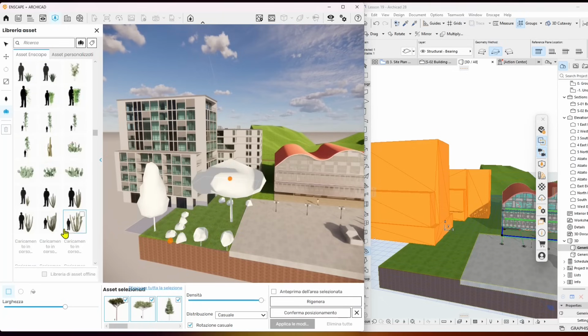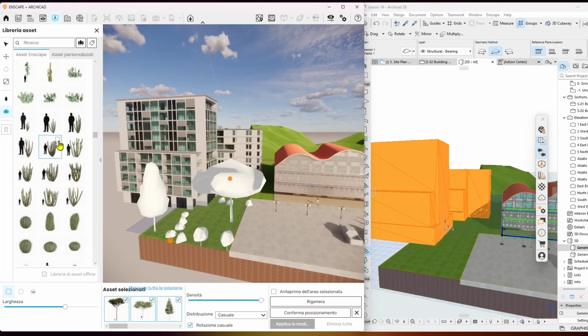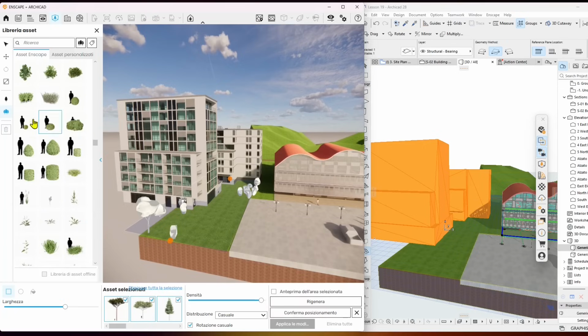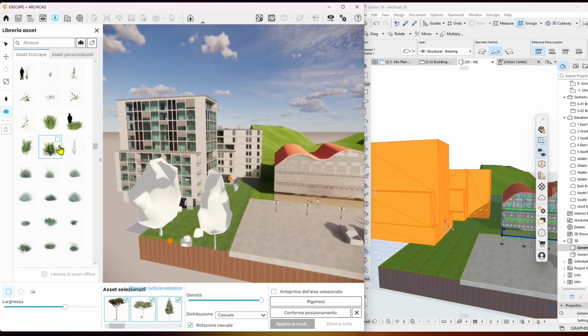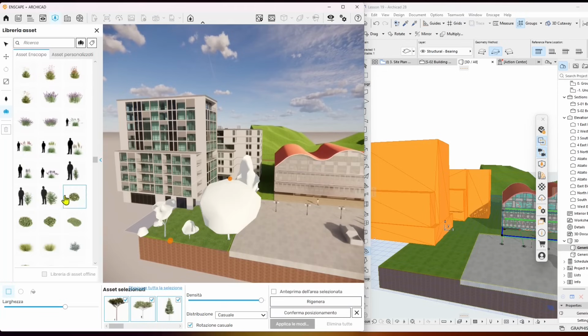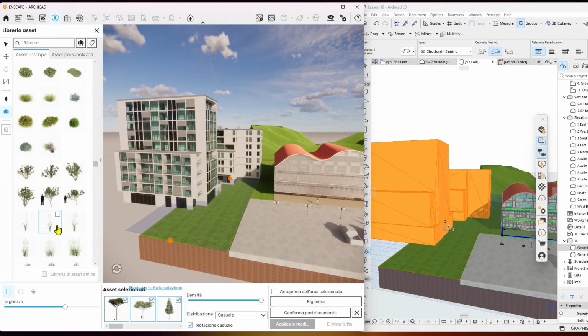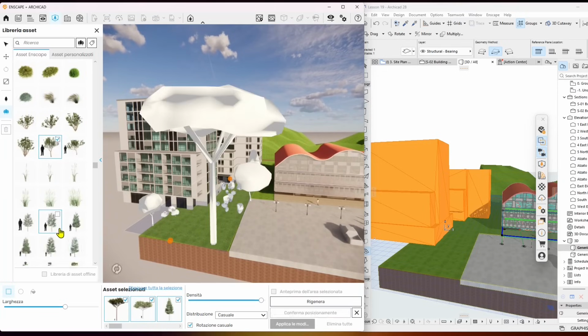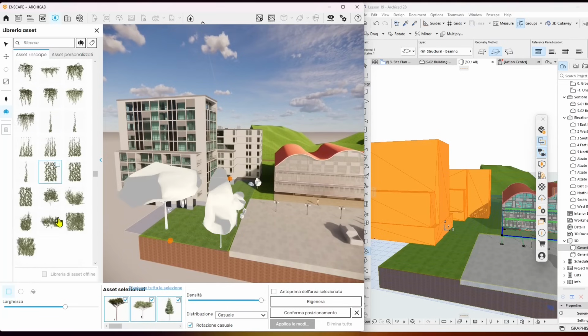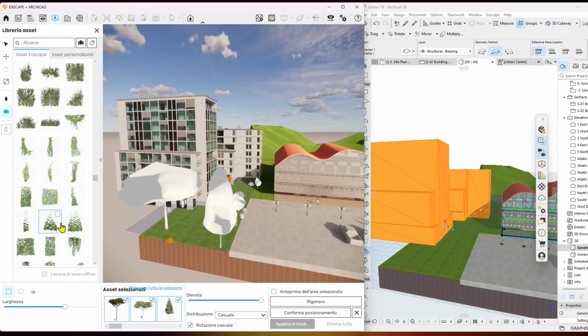Okay, and you can see that it's populating down there. You can put some cactus and you can put some aloe and others. If you want, you can also use the search bar on the top to search for something specific that you're looking for. And then you have flowers. And among these, you also find vases for interiors, for exteriors. And also ivy, so plants that will go onto walls